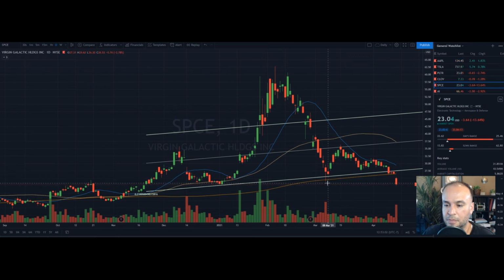market's unpredictable. And so this whole idea that we made a higher high or a higher low is completely gone. As you can see, guys, we actually made a lower high and a lower low. Okay. And so at this point, the stock is definitely on the bearish side. And again, if you can get in at a discount price, keep in mind this was a stock that went all the way up to like $60. Okay. Not saying that it should be, but we can definitely see that there were some levels here in the 40s that it held well. And again, it actually held and consolidated up in the 50s as well.